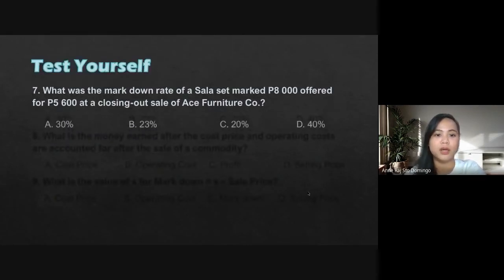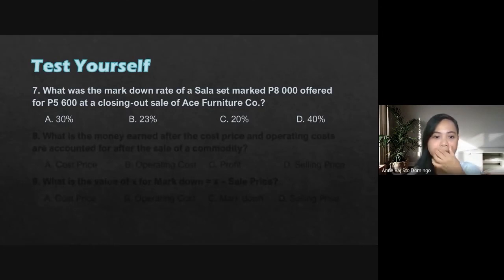Now let's have number 7. What is the markdown rate? What is the formula for markdown rate? It is the sale price minus the regular price over the regular price. So that is our markdown rate: sale price minus regular price over regular price. So the answer here is